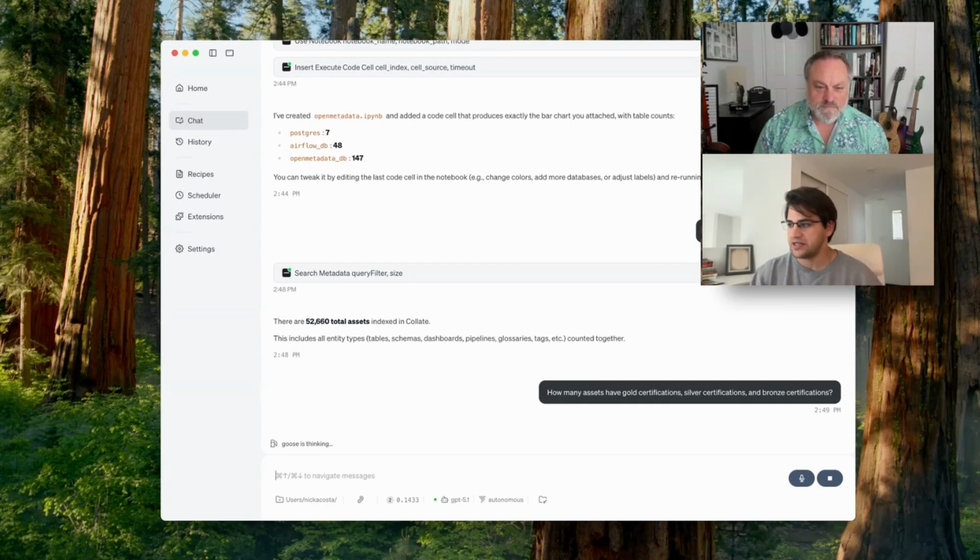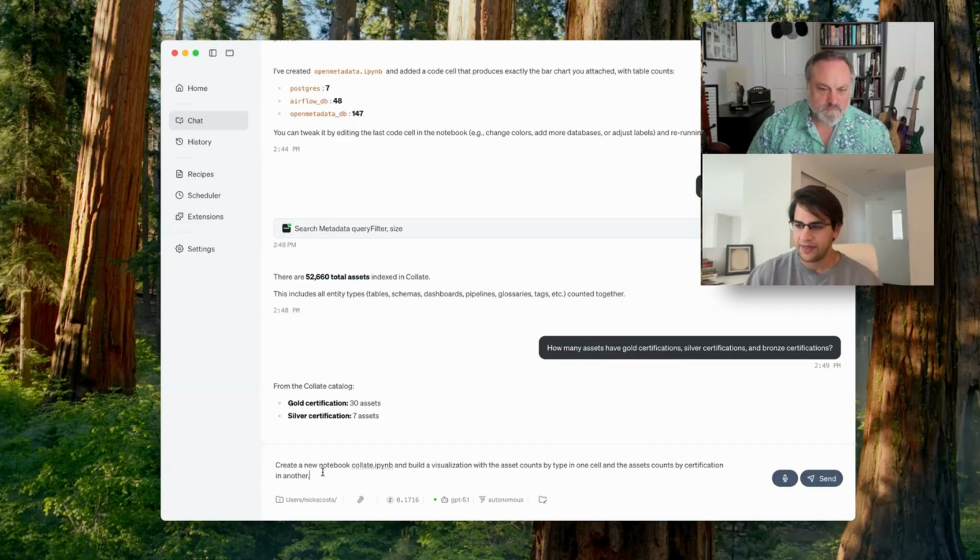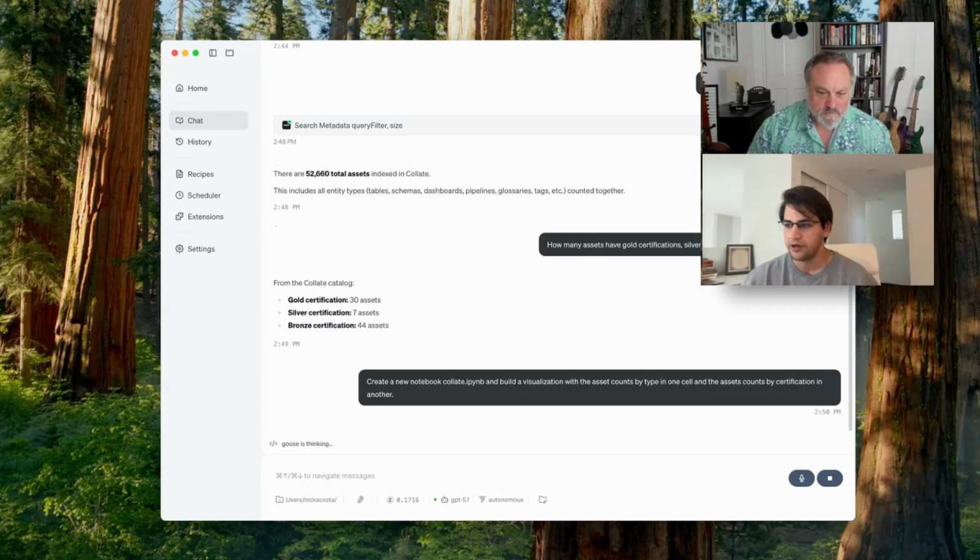We can ask it questions about those 50,000 assets, like how many of them are broken up into different tiers or have these particular classifications, things like that. And then just like we saw previously with that Open Metadata notebook, repeating the same thing with the Jupyter